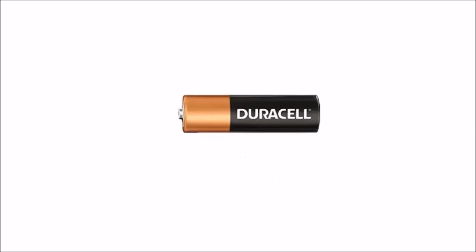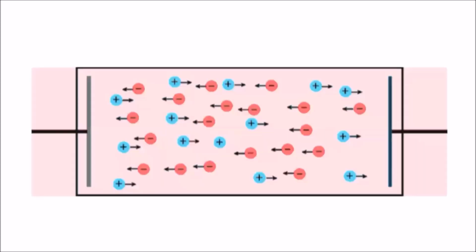Now this is a cell. We know there will be two terminals for a cell, a positive terminal and a negative terminal. And inside that cell, what is going to happen? Let us try to understand the working of a cell. Consider this is the inside of the cell and inside there will be positive charges and negative charges. We know a cell is a device which converts chemical energy to electrical energy. So chemical energy in the sense there will be positive charges and negative charges.